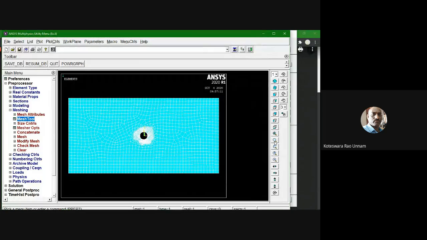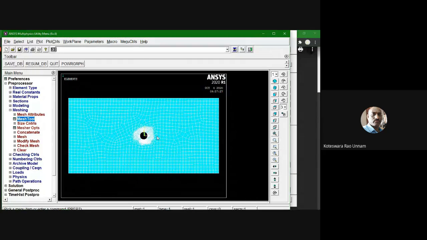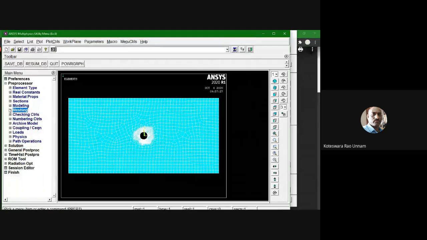Now you can see that if I zoom in here, you can see the actual circular hole. So now your mesh is fine here, so there won't be any discretization error now. I am satisfied with this mesh. If I am satisfied with the meshing, next I'll go for the loads and